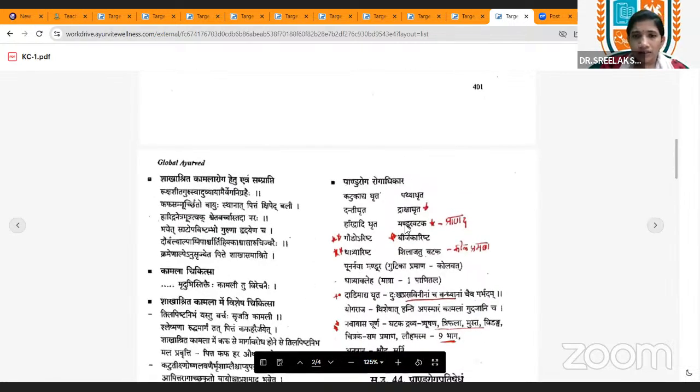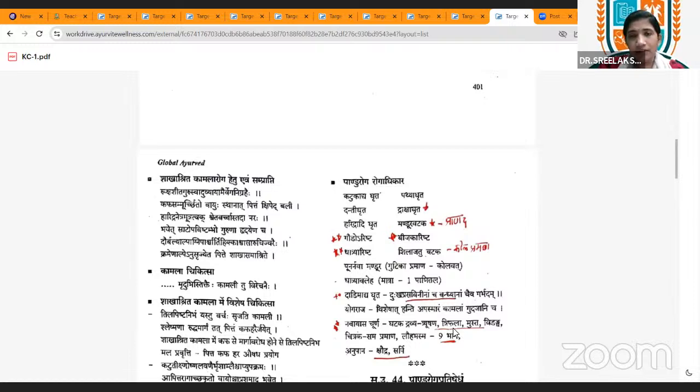These are the Roga adhikara that we have already discussed. And Dadimadi Ghrita, one more indication is Dukha Prasavaneenam cha Vandhyanam cha Garbhada. Udavarta Anulomanam is one of the indications for Dadimadi Ghrita. Another indication is Dukha Prasavaneenam cha Vandhyanam cha Garbhada. So Dadimadi Ghrita is very important. I think you have studied this yoga completely.